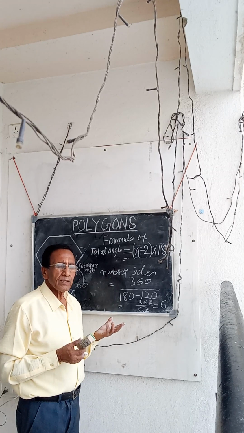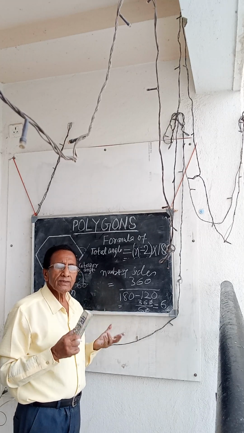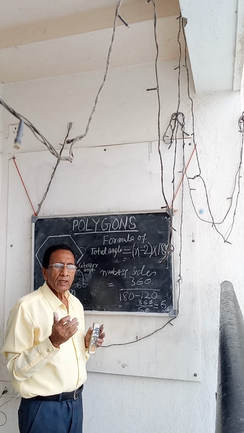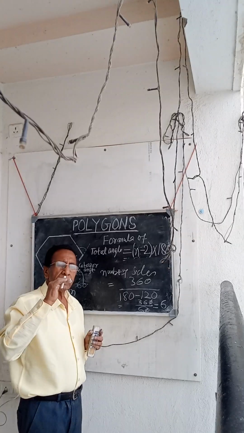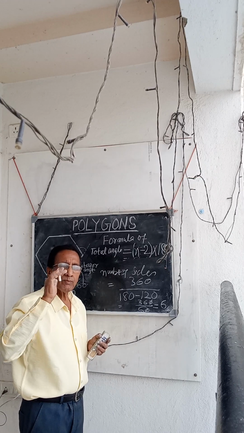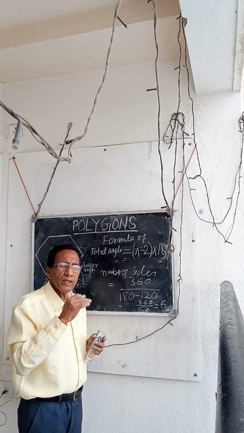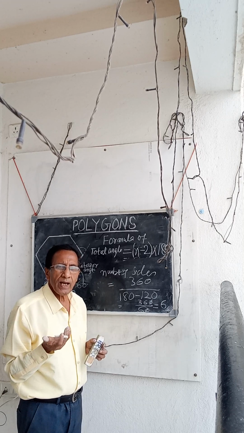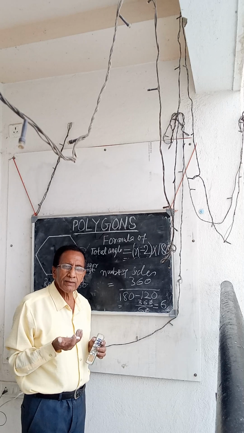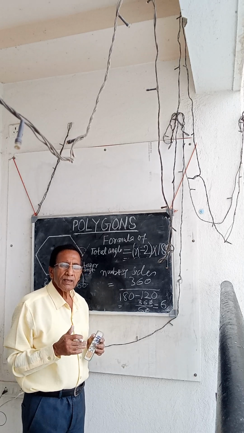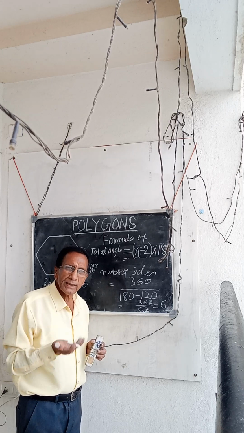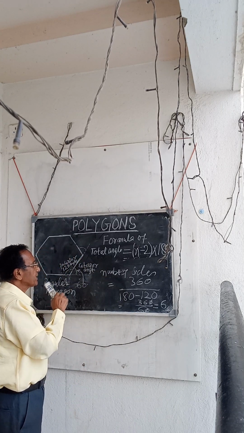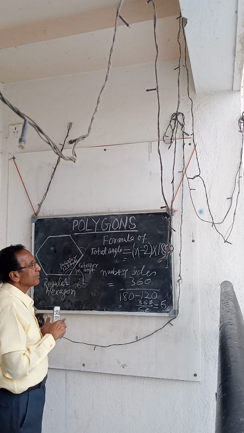So the definition is a closed geometrical shape of minimum 3 line segments. Maybe more: after 3, 4 line segments, 5 line segments, 6 line segments. If 3 line segments, it is called an equilateral triangle. If 4, it is called a square. 5 line segments, it is called a regular pentagon. 6 line segments, it is called a regular hexagon, and so on. Here we will take the first example of a regular hexagon of 6 equal sides.